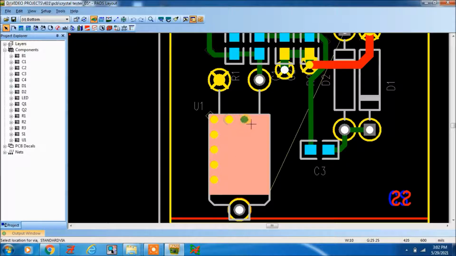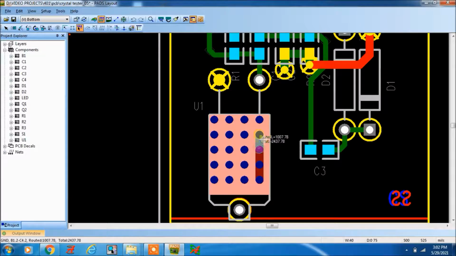Roughly I am making it, just make it proper, the same distance should be followed. Now just go to the design toolbar, add route, and add route top and bottom here.